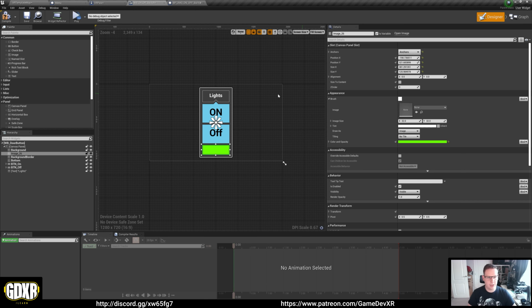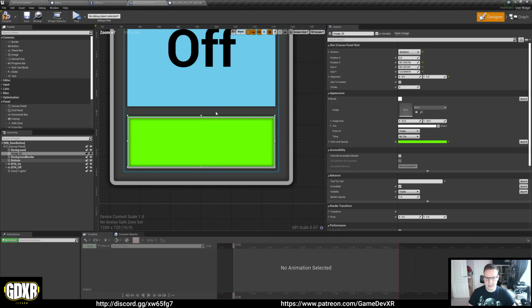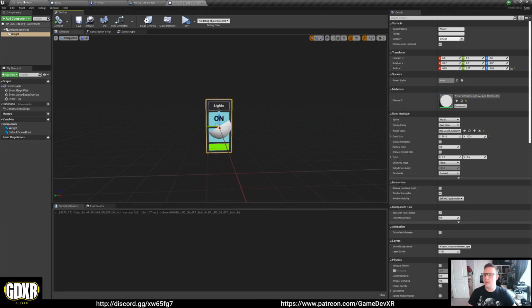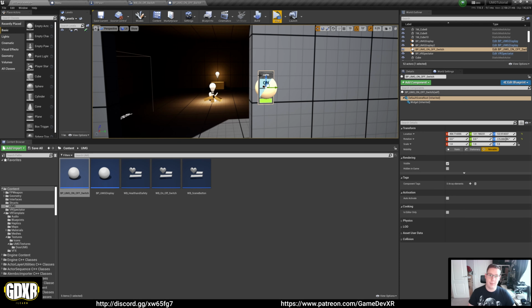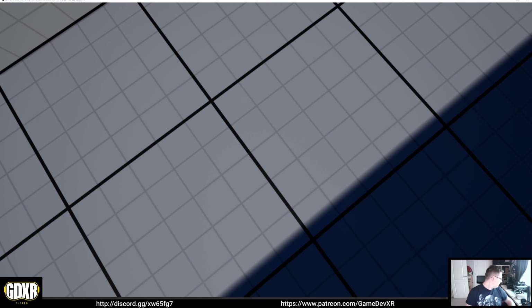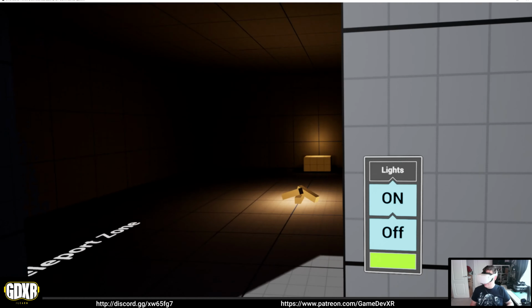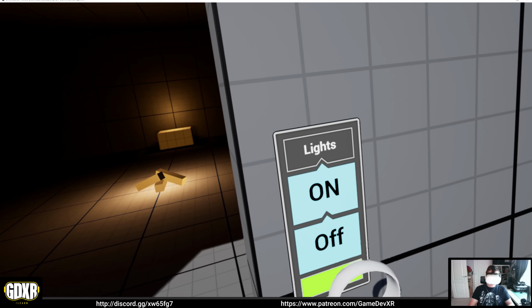So as soon as we reposition this, and then 0.5, 0.5, we can then reposition that so it's exactly in the correct position. Save. And then it'll show up in the bottom here. Now we've got our button and our lights on. Bear in mind it's not going to do anything, but if we jump into Unreal now, and we're able to teleport around, we can see that we actually have our buttons on the wall, and nothing's happening,